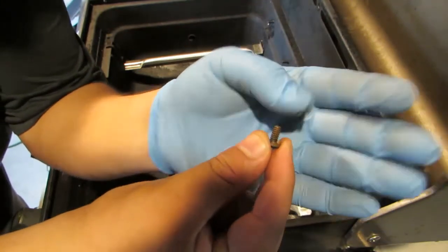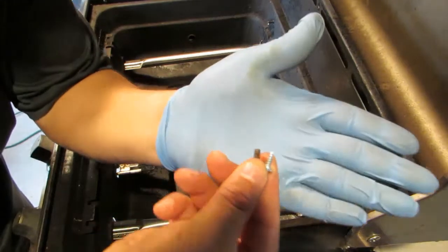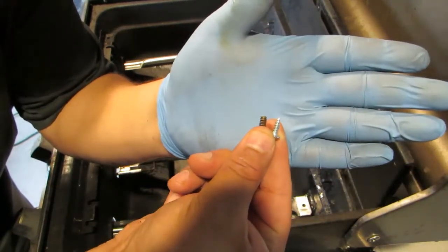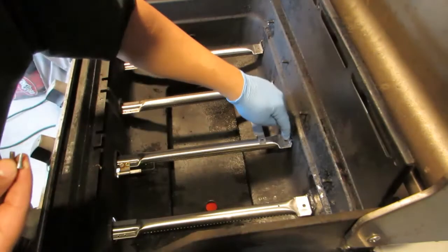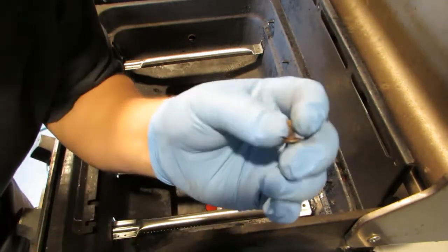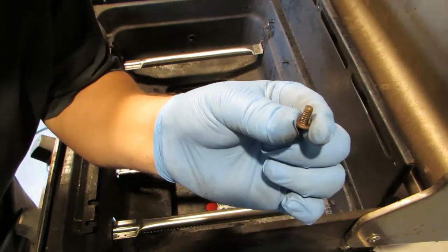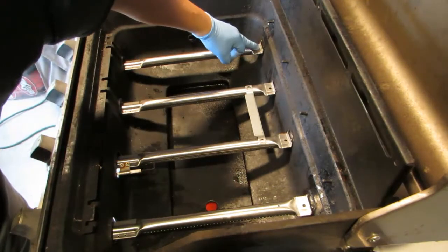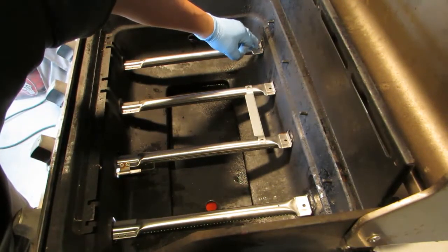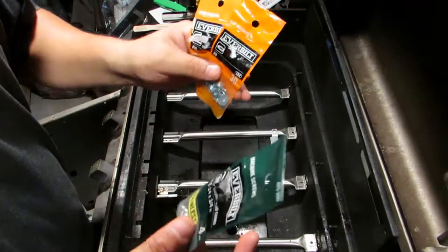There is no point like the new one there. It's just a flat tip on that screw, and that is for these. So we need to go to the big box store and go find another one of these, because one of them broke off, rusted off into the hole there. I opened them up and made sure they were good. So